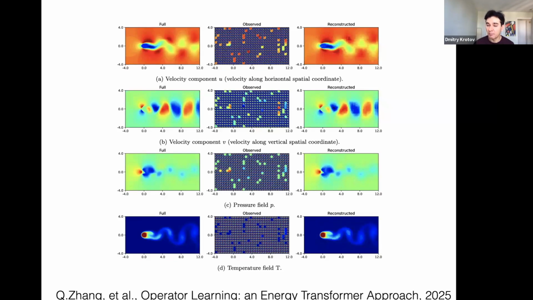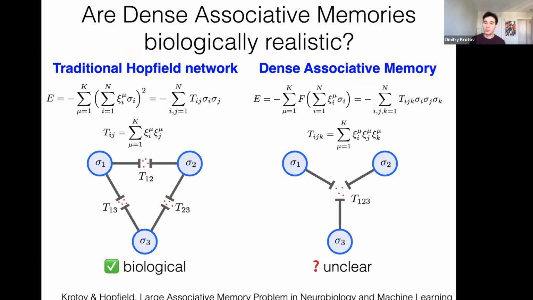So this is a much simpler problem compared to the problem of natural images that you had seen in the previous slide. But still, it's a very nonlinear differential equation with partial derivatives and time dependence, etc. And hopefully you would agree that the prediction that this neural network manages to arrive at is quite meaningful and matches very nicely the ground truth solutions to those equations. So let me stop with AI applications here, and now let me talk a little bit about biology.